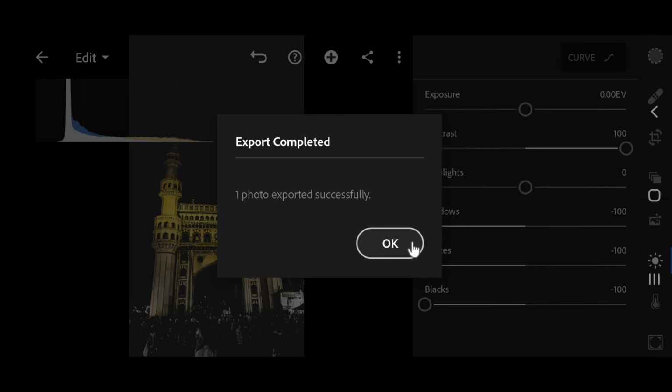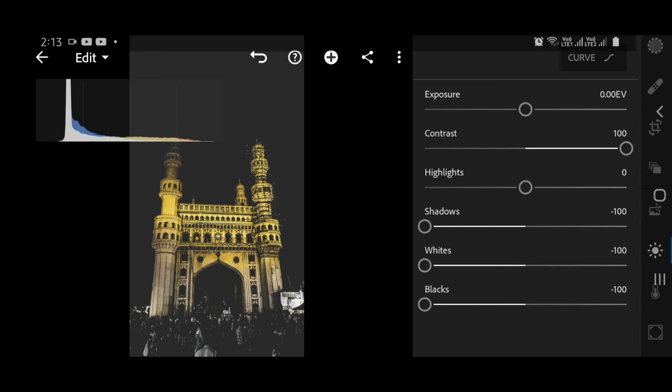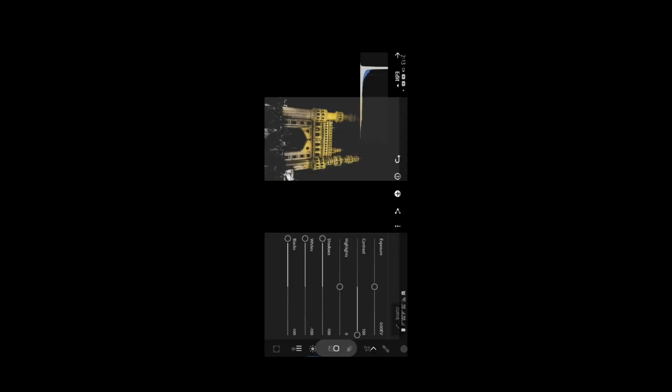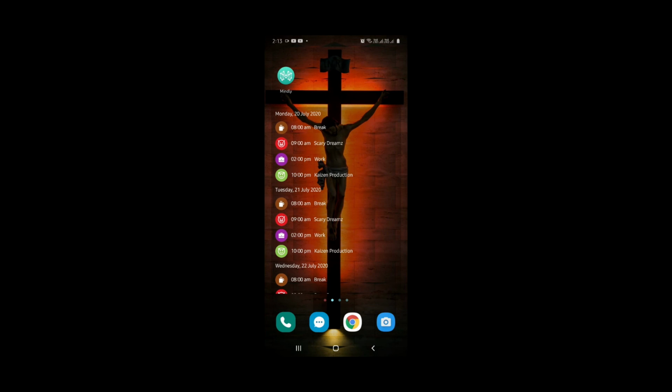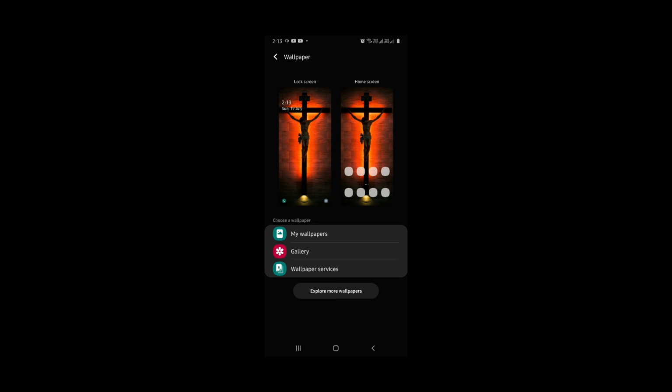Okay, so it has got saved. Now let's check how it looks as my wallpaper. I'll go here, wallpapers, and gallery.